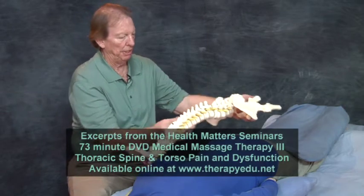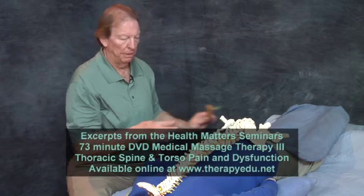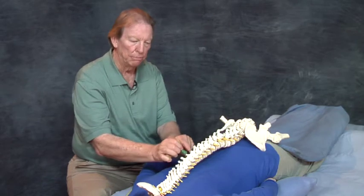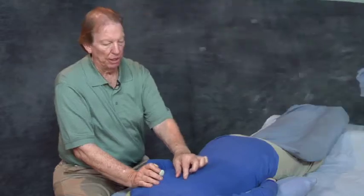So we place the spine here just to indicate what we're going to be doing by placing it here at a 45-degree angle, working in this direction, and then scoop, scoop, scoop, and work down the entire thoracic spine. We have the spinalis,